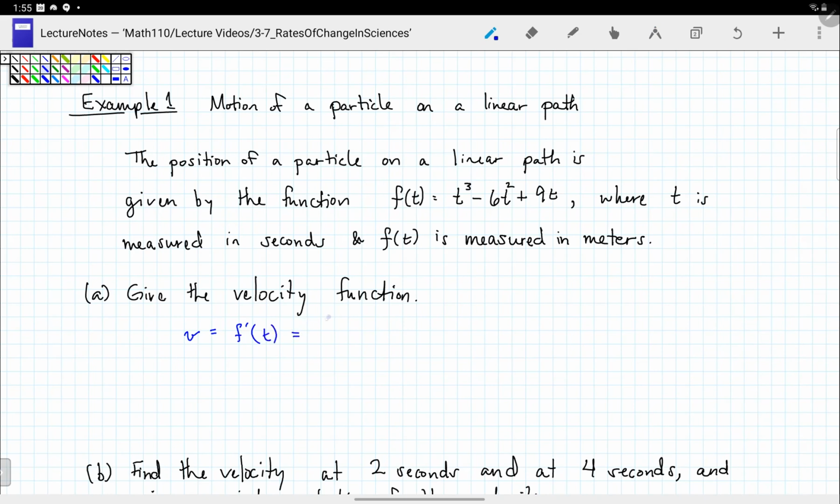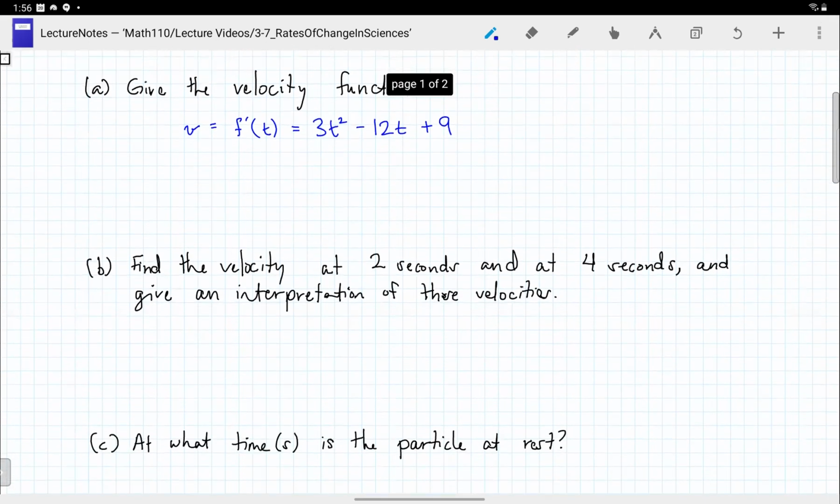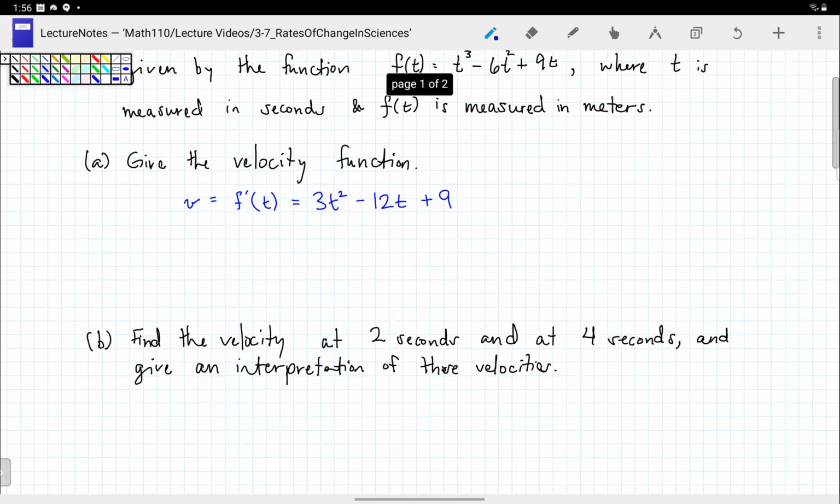So this is a polynomial, so we're going to use just power rule. 3t squared minus 12t plus 9. Okay, so we'll use this to find the velocity at 2 seconds and at 4 seconds and give an interpretation of those velocities. So the velocity at 2 seconds is 3 times 2 squared minus 12 times 2 plus 9,